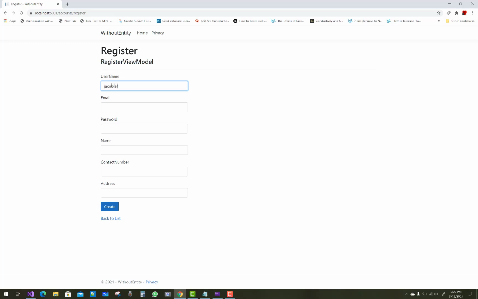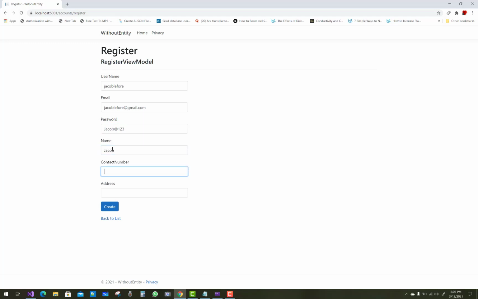Run your UI and add some data in the username, email, password, name, contact number, address, and you know that the role ID is automatically initialized with 2.